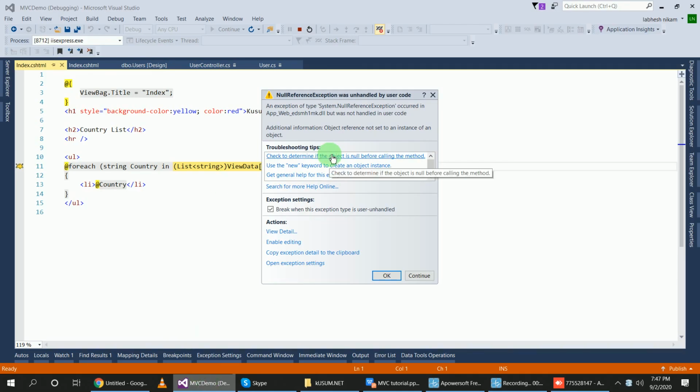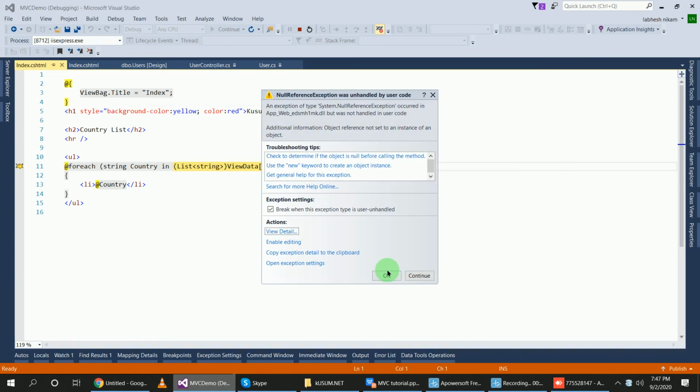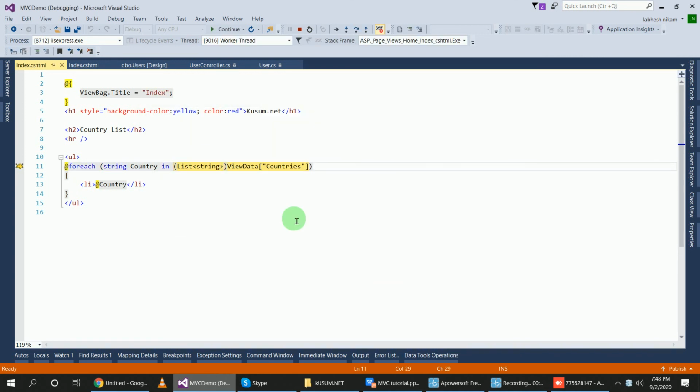There is an error, null reference exception, and inside of that, object reference not set to an instance of an object. What is the problem? The problem here is this: it is accessing another page. What is our controller name? User controller. And what is our view page name?